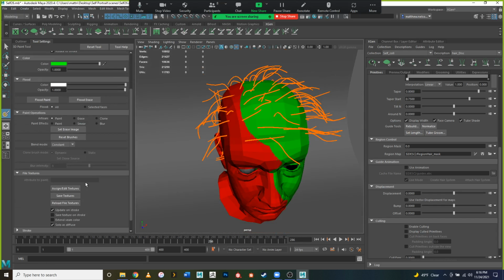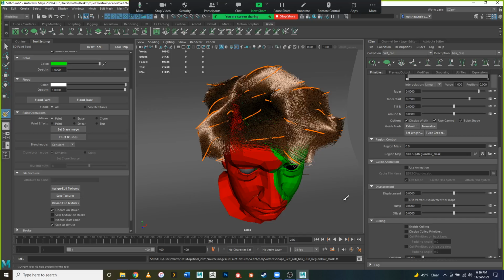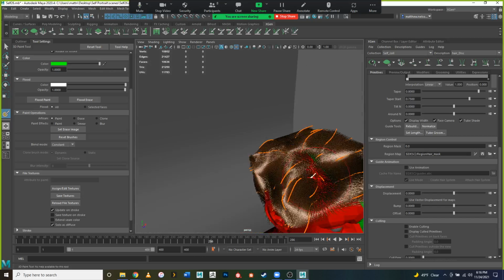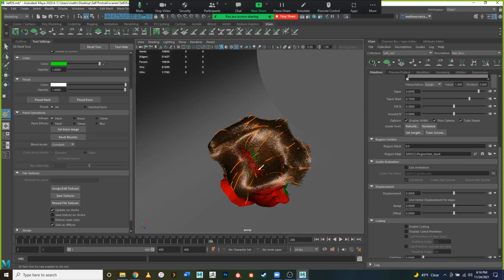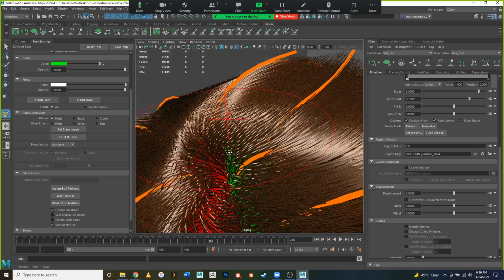Same thing. Go and save texture. And save the mask. So now you can see that we now are starting to